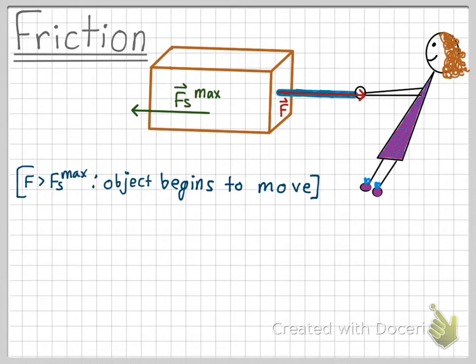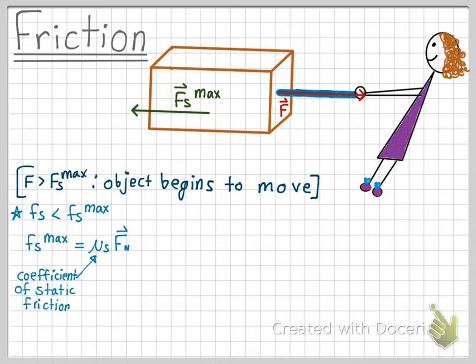So the static friction force can vary depending on the pulling force exerted on an object. The static friction force can range from just a little bit above zero, so this would be if you're just lightly tugging on an object and it's not moving, up to the maximum static friction force. This maximum static friction force would be the resistive force right as the slipping of the two objects begins. The equation for the maximum static friction force is equal to the coefficient of static friction multiplied by the normal